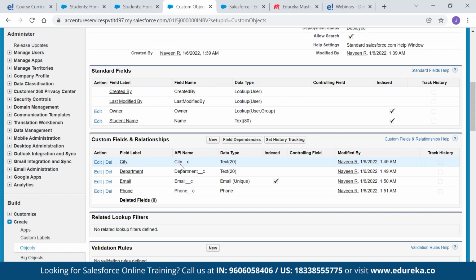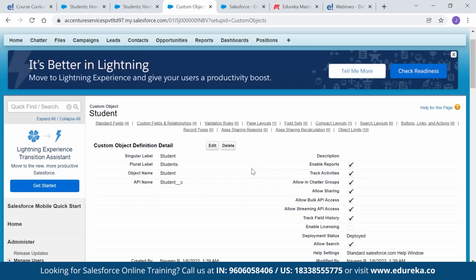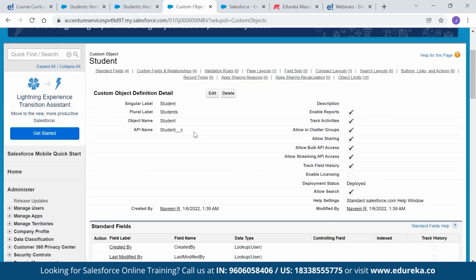How can the Salesforce engine differentiate the standard and custom? These are the standard six fields. Custom fields are always differentiated by __c. Whatever you see with __c is considered a custom field, and the object will also have __c. Understood? Understood how to create tabs, how to create apps, how to create objects.